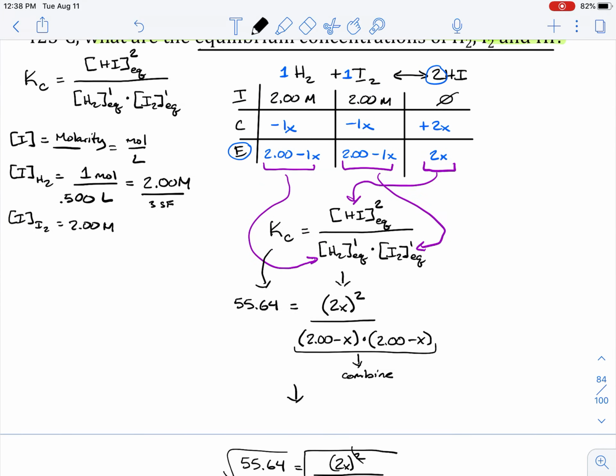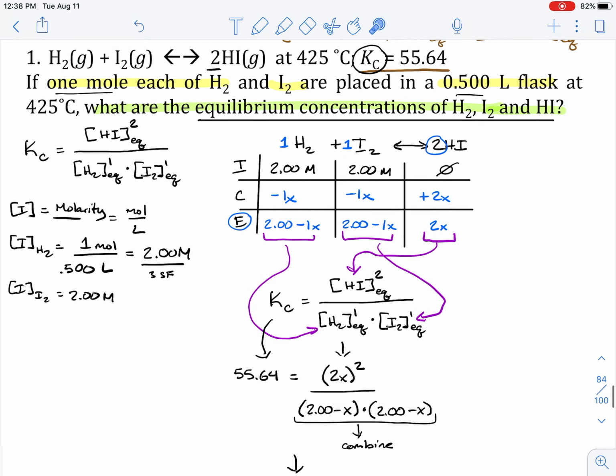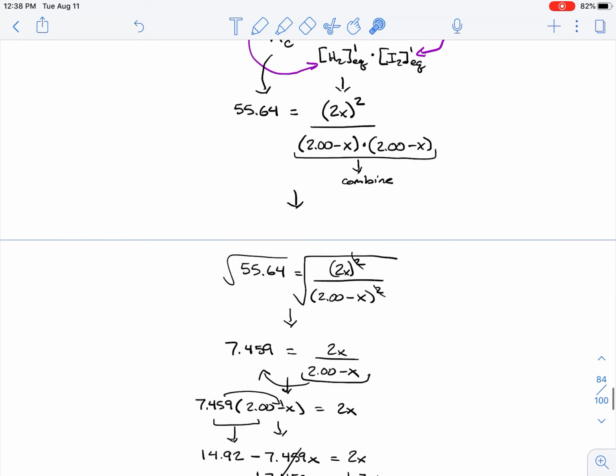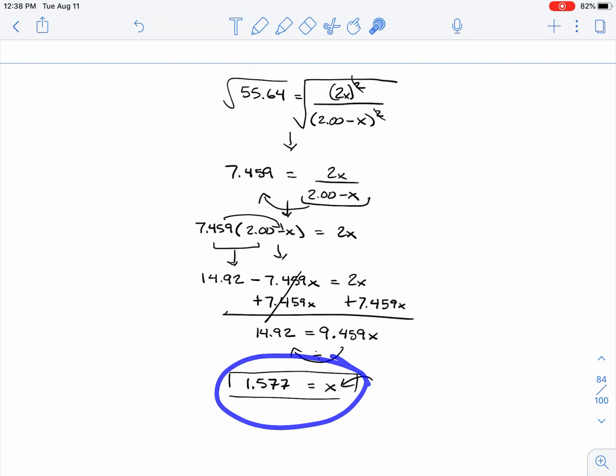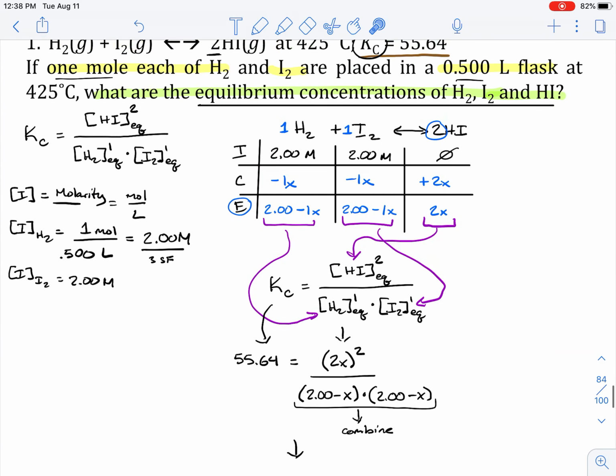What we're trying to solve for are the equilibrium concentrations of all three of these substances. And so now that we solved for x, we're going to plug x back in to this portion of the ICE table,